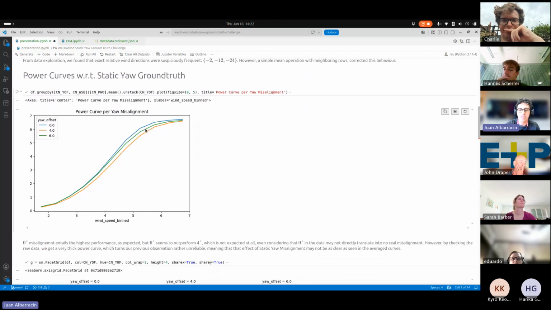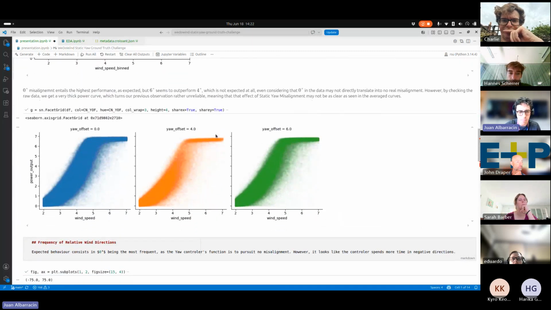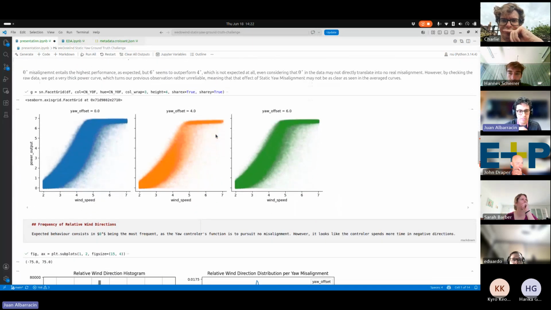We might find that this is funny or somehow strange, but at the end, when we plot the raw data, we notice that the ranges per wind speed are very wide. If you focus on 4 meters per second, for example, you actually have a range from 1 megawatt to 6 megawatts, which is not common when we perform analysis.